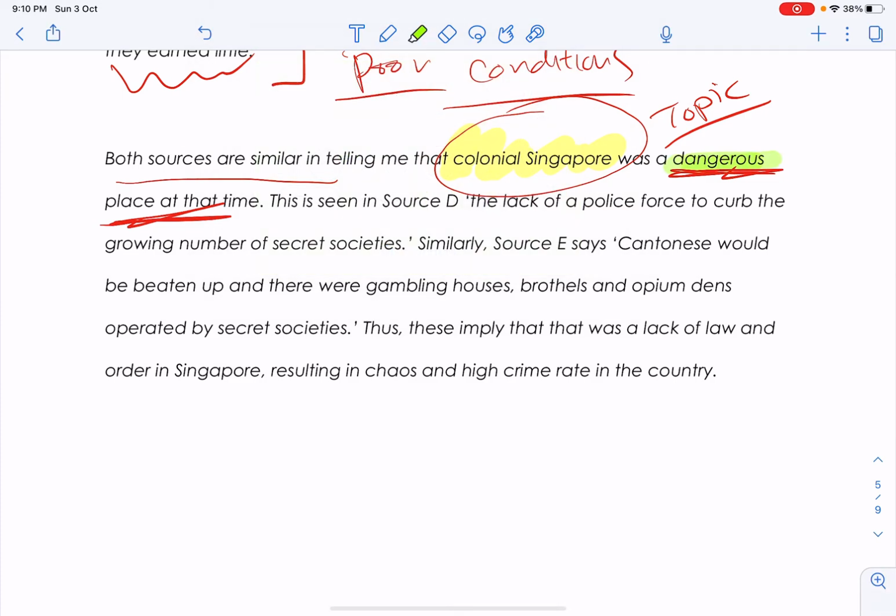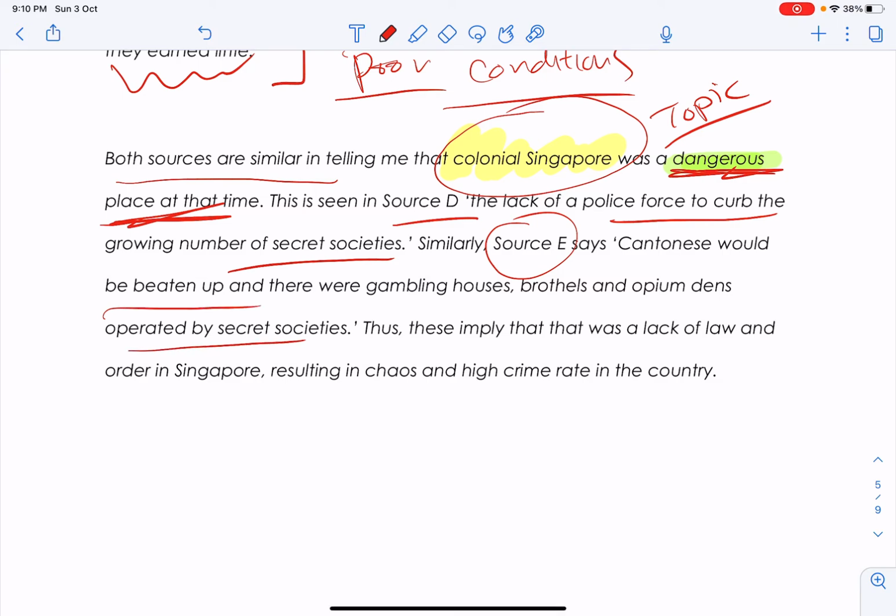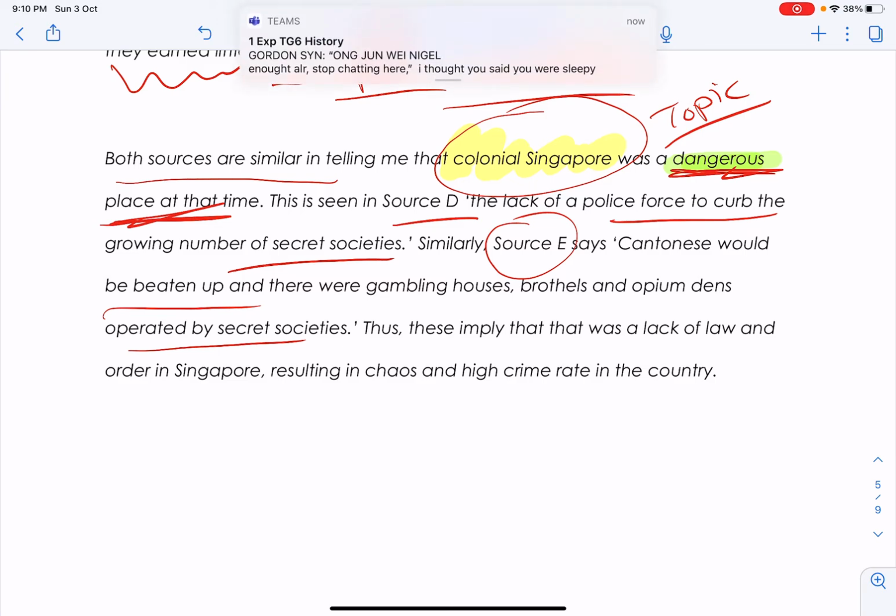This is the inference, dangerous. How do I know it's dangerous? Well, because in source D, it states that a lot of secret societies, the police cannot curb it. Similarly, then I move on to source E, evidence. Cantonese will be beaten up and then operated by secret societies. So then you explain. Again, when you explain in your own words,